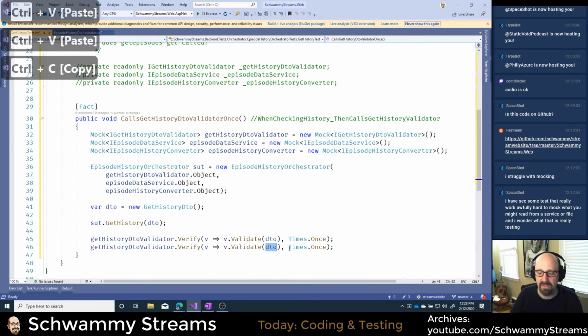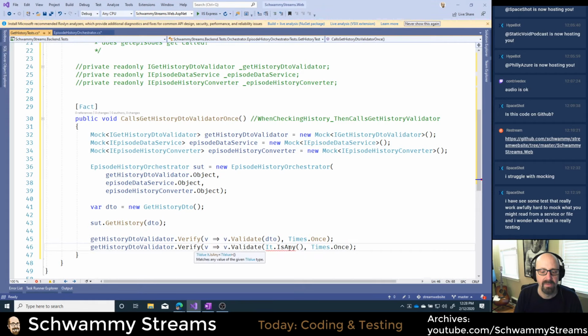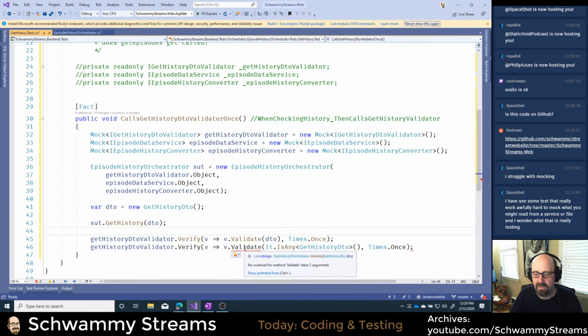There's a difference between this and this syntax, which says it is any GetHistoryDTO. Oh, my hands are cold today. I have to put a parenthesis there, validate, I need to construct that, okay.